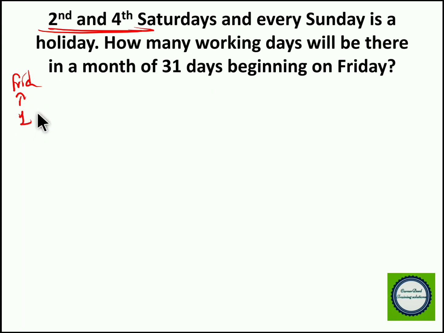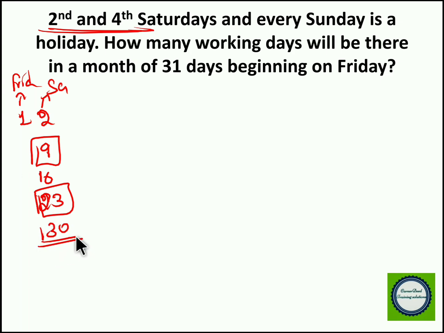So if first day is Friday, the second day will be Saturday. And next you will get 9th as Saturday. So this is the second Saturday, so you will be getting a holiday. Now after that, 16th will be a Saturday. You don't need to consider that. So after 16 plus 7 we get 23. So 23rd is a Saturday. After 23 you get 30, but you don't need to worry about 30 because it is an odd Saturday. So even Saturdays are 9 and 23.